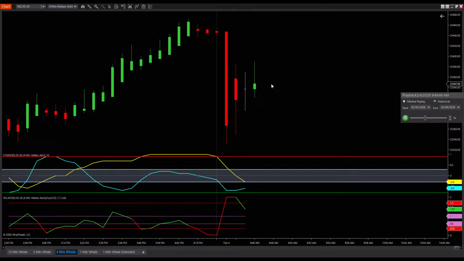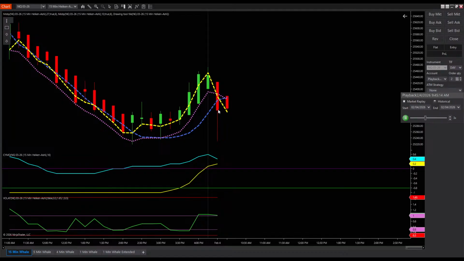All right, here we go. 5, 4, 3, 2, 1, boom. Here we go. We got the 9:45 candle right there, and this is the close of the 9:45 candle. So now that we're back here on our 15-minute chart, we were waiting for this candle to close, okay? Do we have confirmation here with MOBY that price is going down? Remember, it's A, B, and then C, right? We always look at volatility right there. Volatility right now is normal. Normal being that it's 1 right there, which is nice.